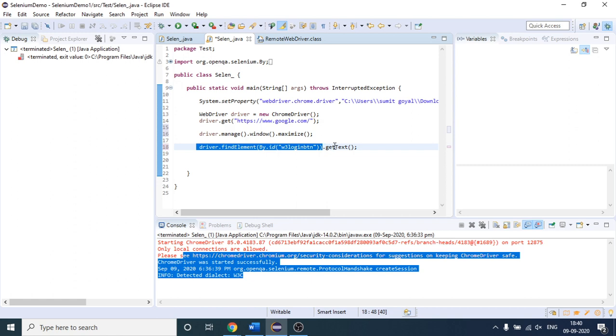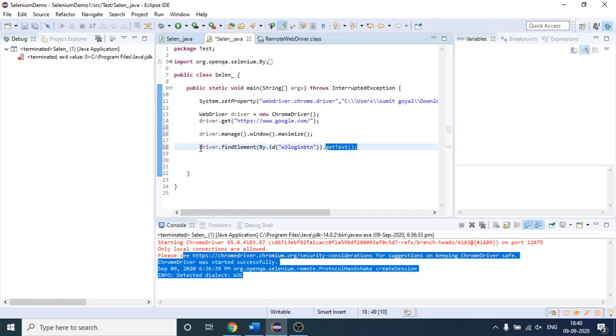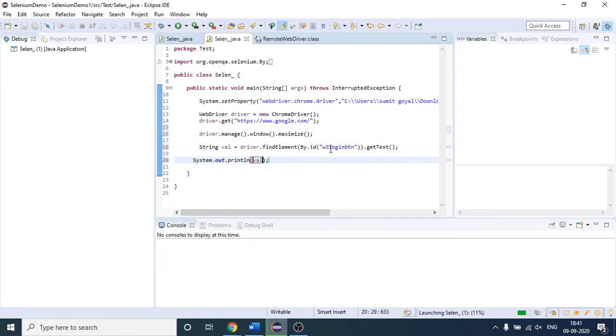After that we are just saying get me the text which is present on the login button. So what will happen, the login text will be extracted. Okay, so if I have to catch that element, I will simply write it so that whatever text I get from here will come into this variable val, which is of type string. Okay, and I will simply print it in the next line. So this way. Okay, let me first execute, then we will see whether it is working correctly or not.